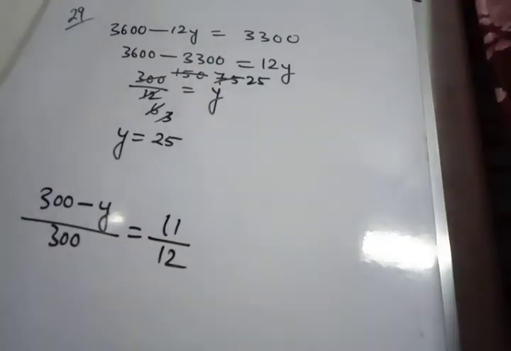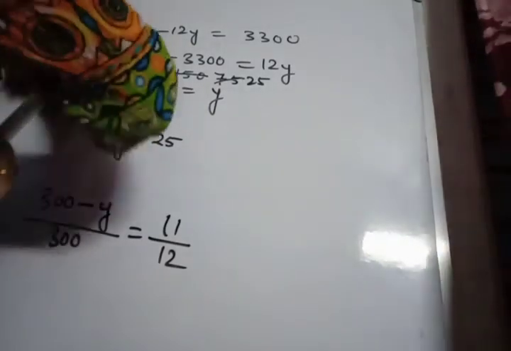Next, sum number 30. The question is, a man bought a television set at rupees 1200 and sold it at rupees 1440. Had he bought the set at 1300, then what should have been the selling price of the set to keep the ratio between the purchase and the sale price unaltered?